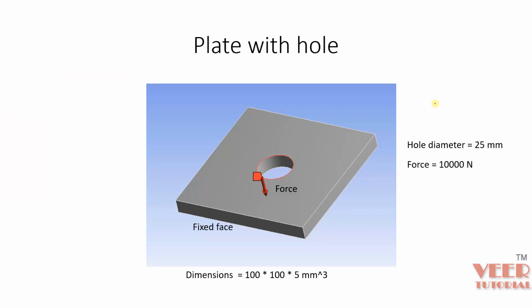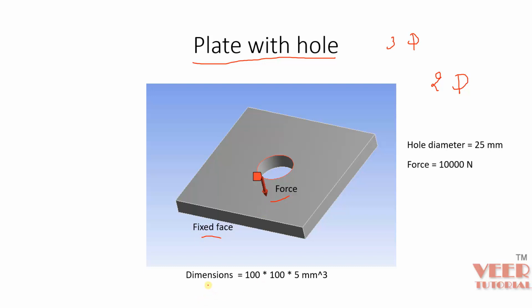Hello friends, in the previous lecture we had learned about the concept of mid surfacing. Now we are going to solve a problem on the mid surfacing. So while we were working on 3D modeling, we had solved this problem, a plate with a hole. So we had solved this problem using the 3D analysis. But now we are going to solve this similar problem on a 2D analysis. So basically we are going to take the mid surface of this problem and then we apply all the boundary condition force onto that 2D part.